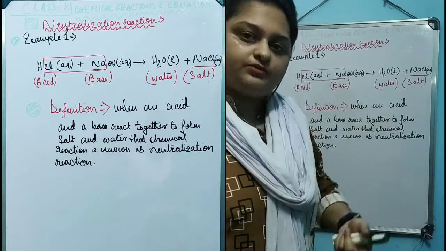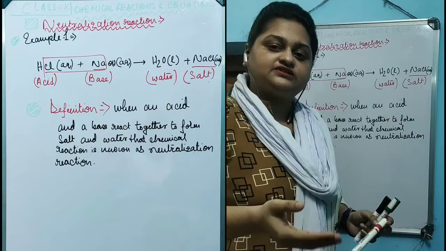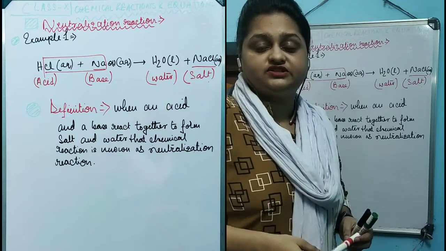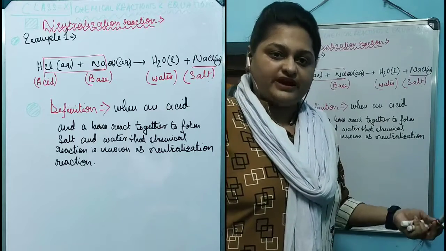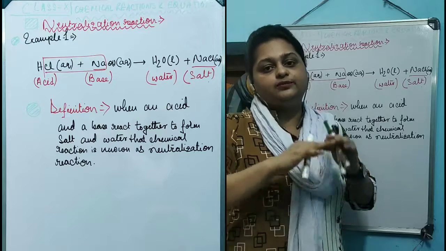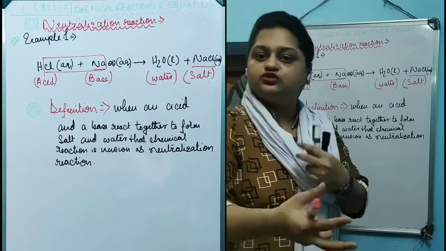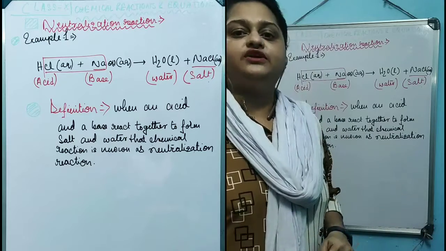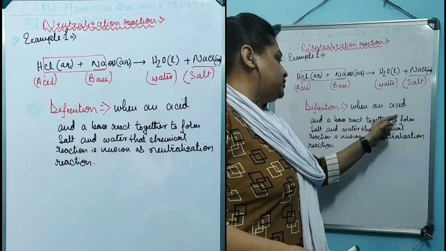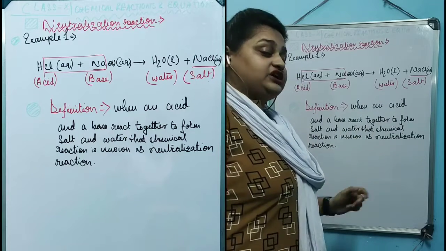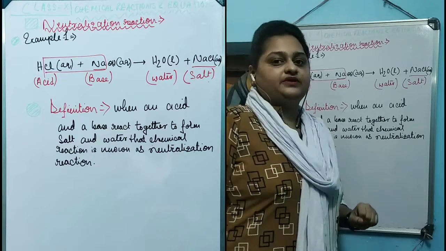Therefore, in the third beaker, after the reaction, there will not be any existence of either the acidic property or the basic property of the acid and the base that reacted. So complete neutralization of the acidic character and the basic character can be observed due to this reaction. That's why this kind of reaction is known as a neutralization reaction, where an acid and base react together to form a salt of the corresponding acid and base and liquid water.